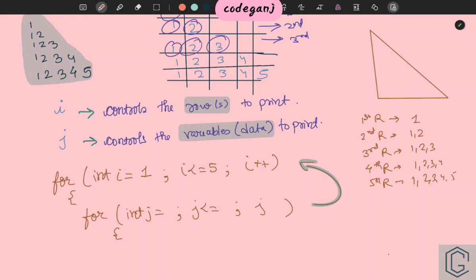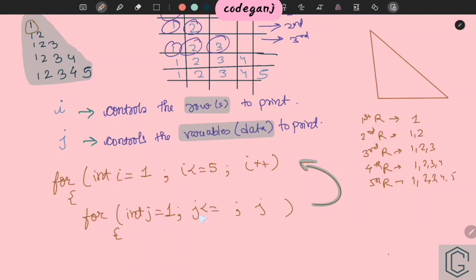And I have to start printing the numbers from what? 1 only. 1, 1 2, 1 2 3. Do not take this 1 as the value of i. This is not i. I am concerned with where I am starting to print. I am starting from 1, so this j will start from 1. If there was a 3, 5, 7 pattern, then I would have to start with 3. We'll go through that step by step. So j is starting with 1. The very first row that you're going to print is 1.